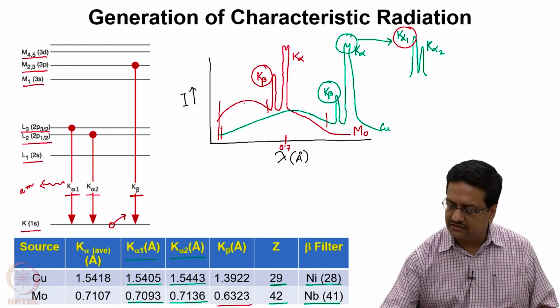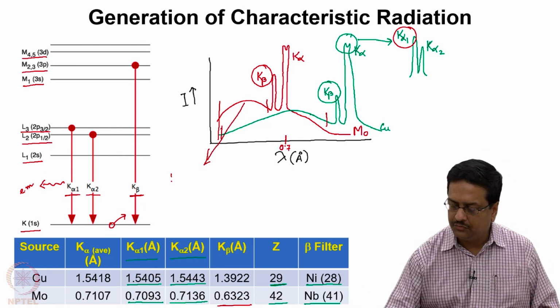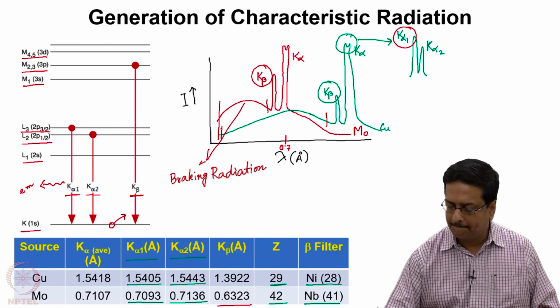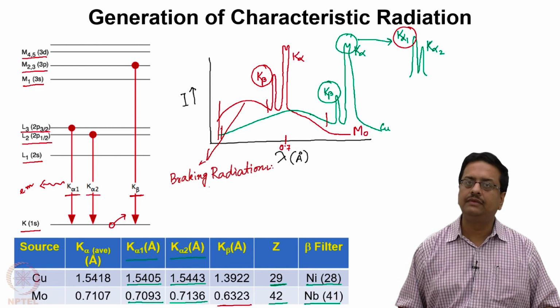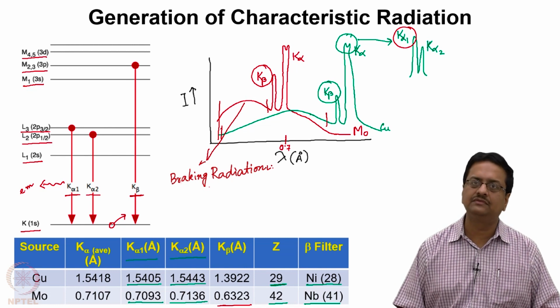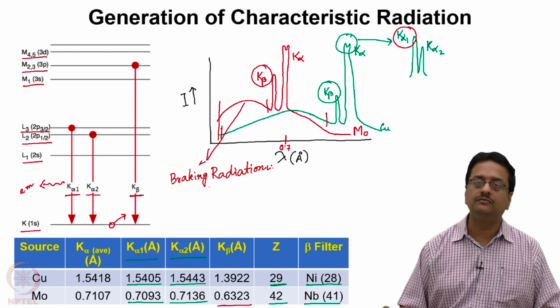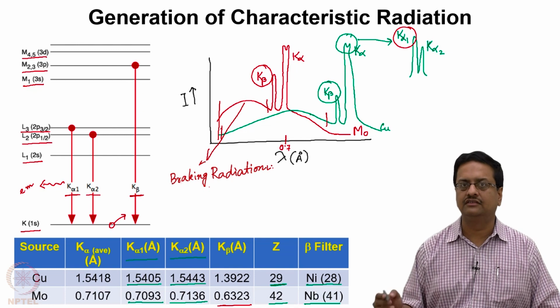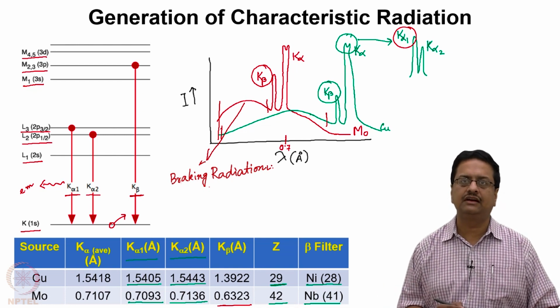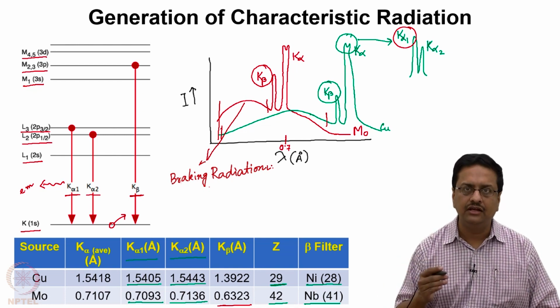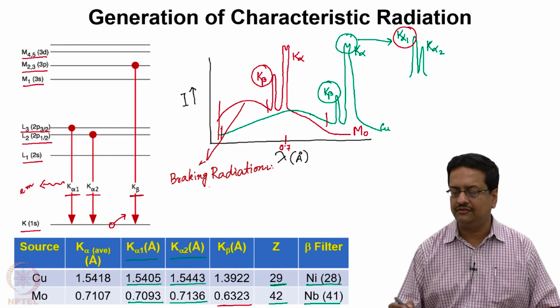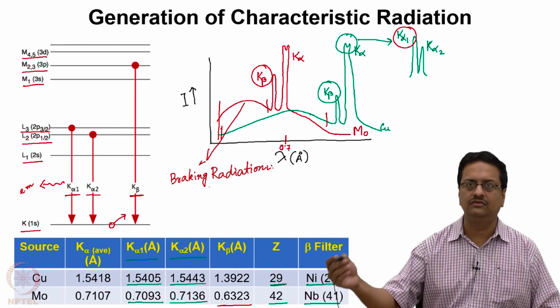So this region is called the braking radiation. This braking radiation is also called Bremsstrahlung in German, which means the decelerating electrons are emitting the electromagnetic radiation of a wide range of wavelengths starting from about 0.1 angstrom